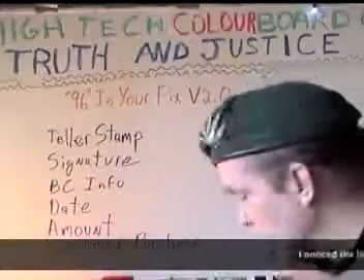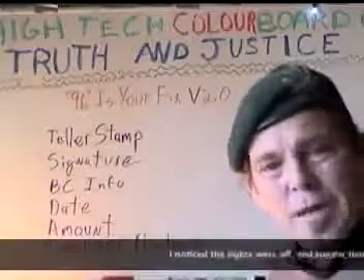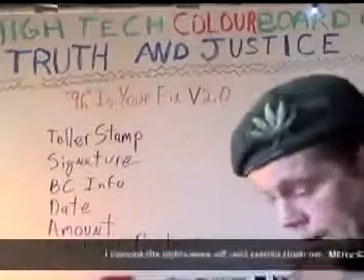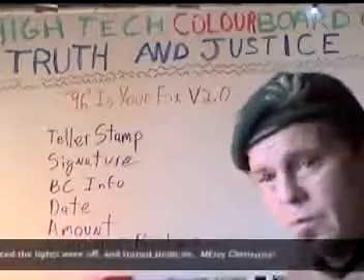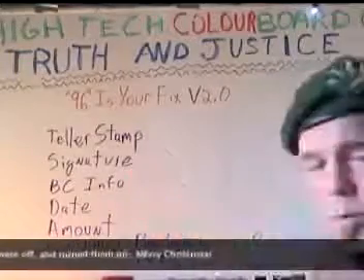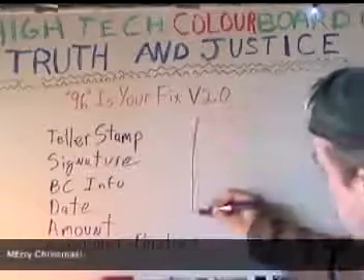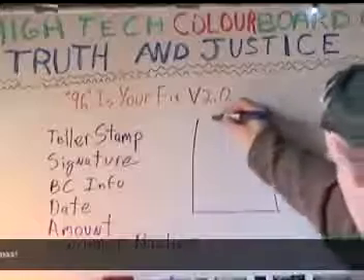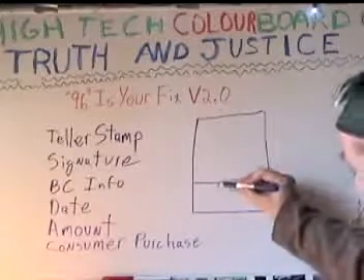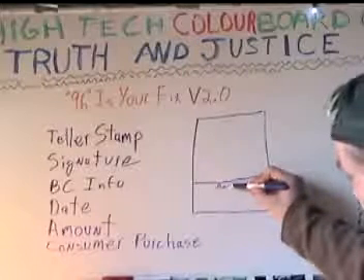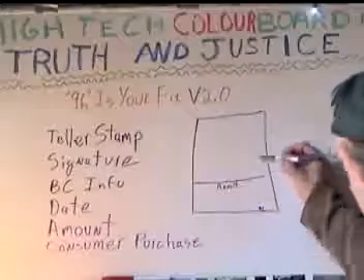So here we are with the high-tech Color Board of Truth and Justice again. Boy, time flies, eh? It's already Tuesday. I was supposed to get this out last week, and people are relying on it, so I'm just going to bang it out, do the best I can. This is what you're going to be putting on your remittance. Now, bear in mind, when they send you an invoice, that's what they'll call it according to their rules. It'll be in two parts. You'll have the remittance down here, a 96 right here, and up here